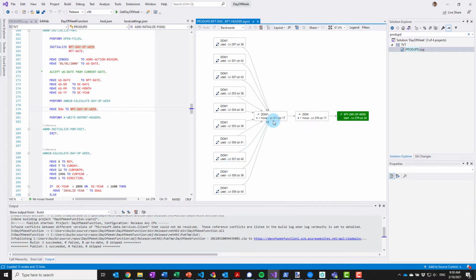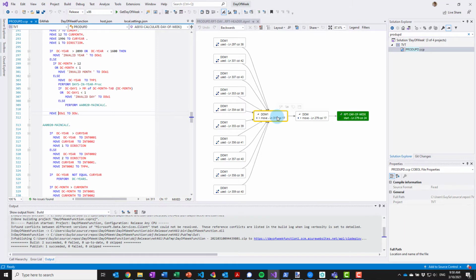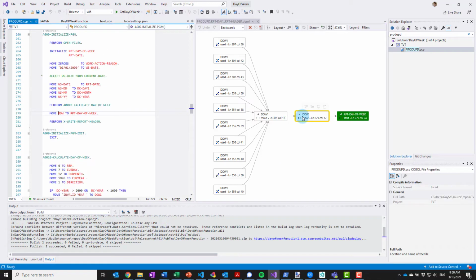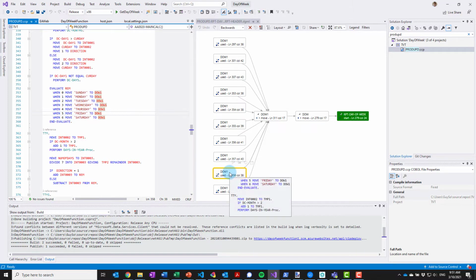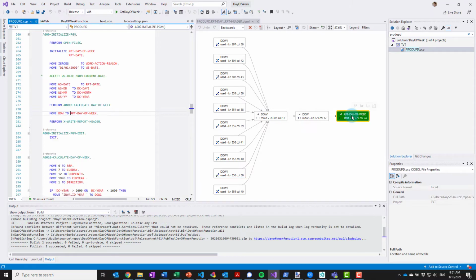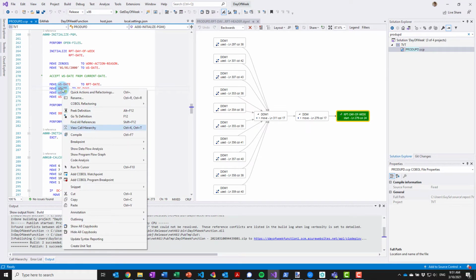So we can see the different code sections that was used to calculate it. We can navigate them, and we can understand exactly how the day of the week was calculated.